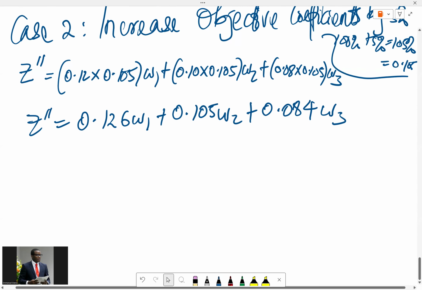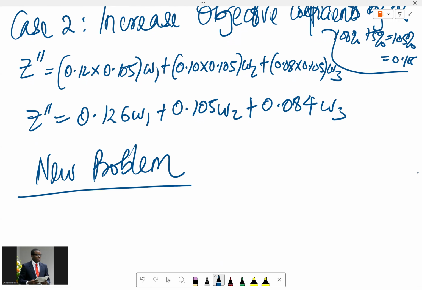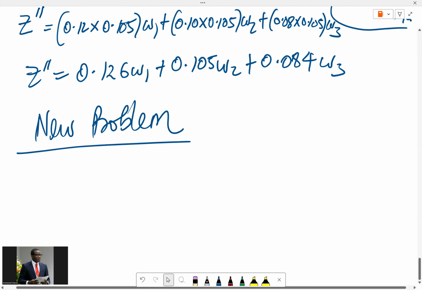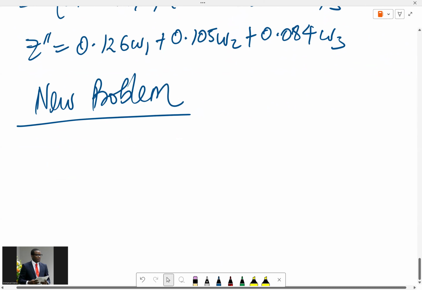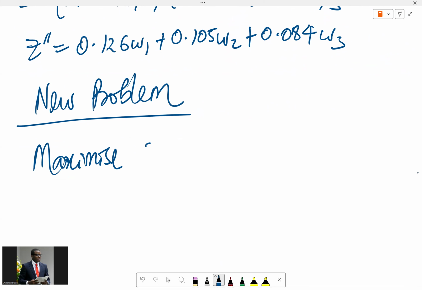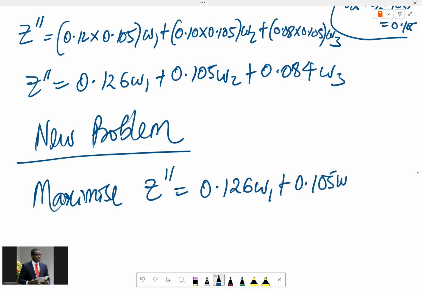That's what we have. So what's the new problem here? In this case, we have changed the coefficients, and you don't have to change all the coefficients. You could change it in whatever form. You could just change one or two or all like we have changed here. So as soon as one changes, it means the problem is redefined. So here now we want to maximize Z prime prime equals 0.126 W1 plus 0.105 W2 plus